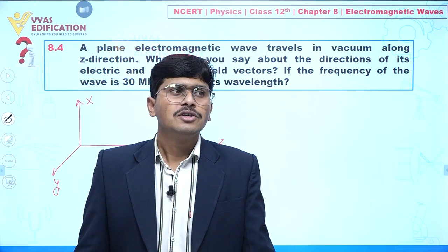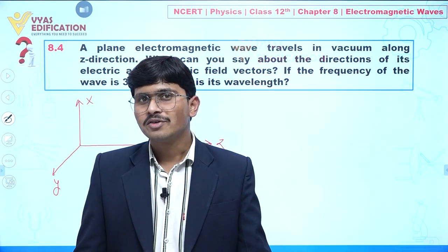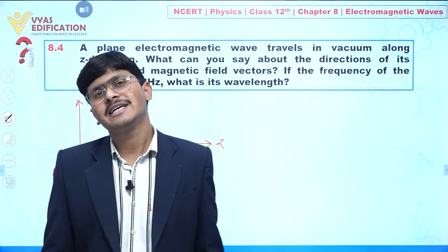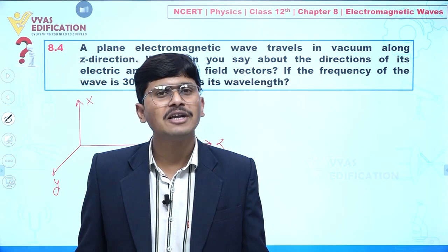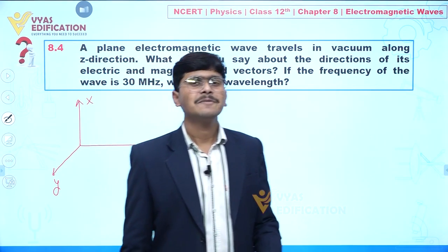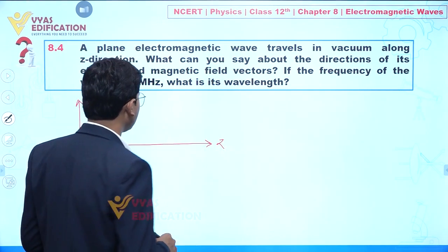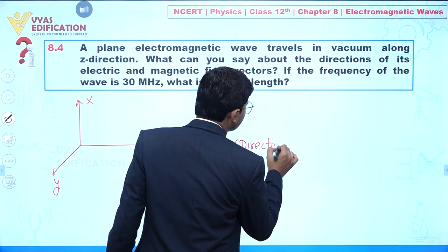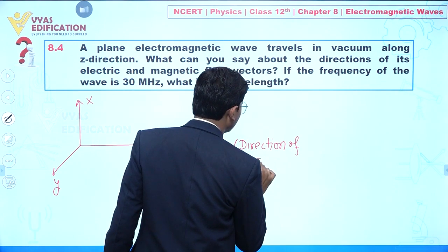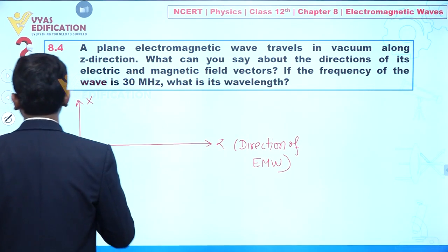So if we talk about the electromagnetic wave, although the direction of propagation is the z direction, its electric field and magnetic field are perpendicular to each other, as well as perpendicular to the direction of propagation. So in this question, this is the direction of the EMW, but what about the electric and magnetic fields? So I am showing here,